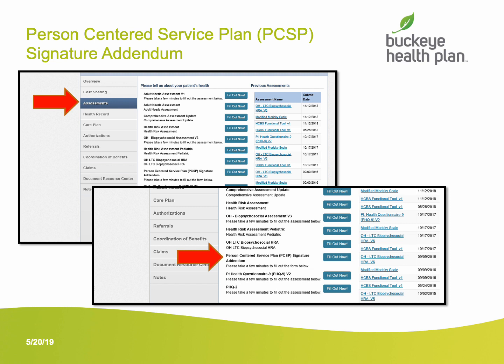You'll scroll down until you see the Patient-Centered Service Plan, PCSP, Signature Addendum. Right next to that is the blue box that says Fill Out Now. You'll click there. Just like you see on this slide, there is a list of options. Make sure you scroll down until you see the Waiver Service Provider link. And remember, there will be other types of providers that will need to sign this form too.